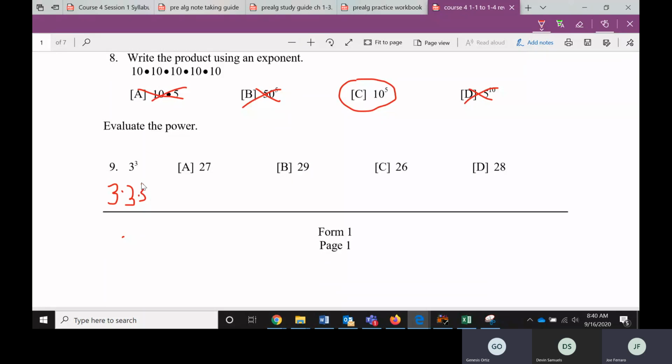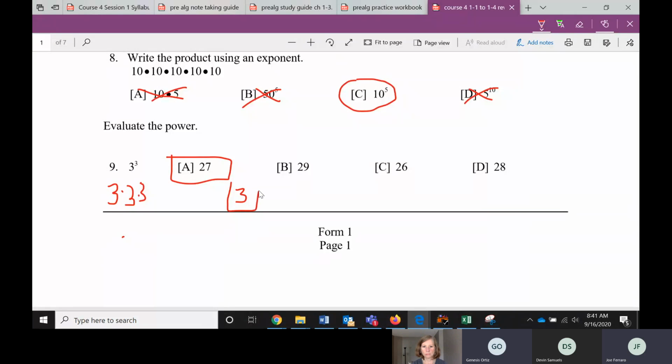That's ugly again, but sorry. So this, a lot of you can do it in your head. 3 times 3 is 9, times 3 is 27. If there was a bigger exponent and you didn't want to type in a bunch of times, remember the other way, if you turn your calculator sideways, more buttons show up on most calculators, and you would hit the